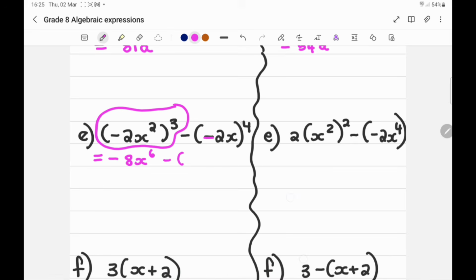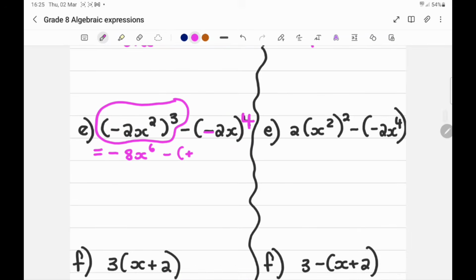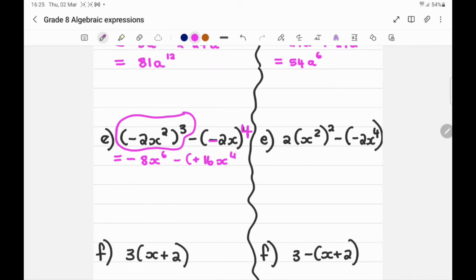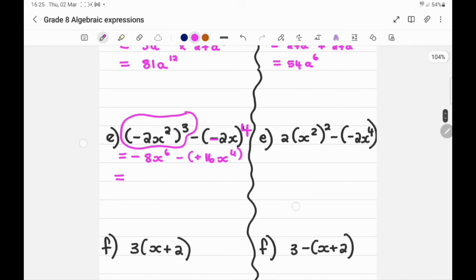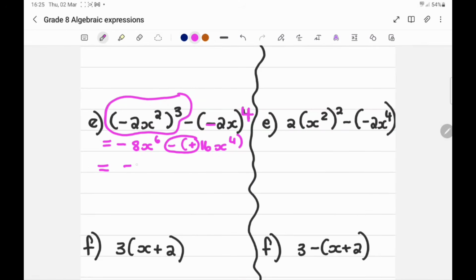A negative raised to an even number becomes a positive. And 2 to the power 4 is 16, x to the power of 4. So we have to melt the minus and the plus together, which gives me negative 8x to the power 6